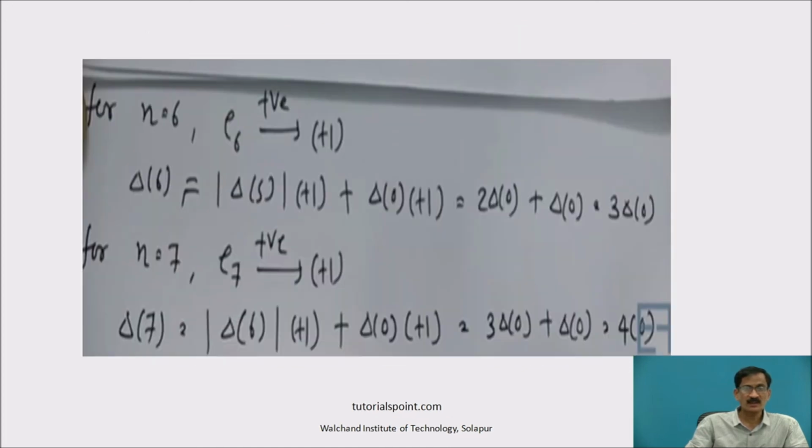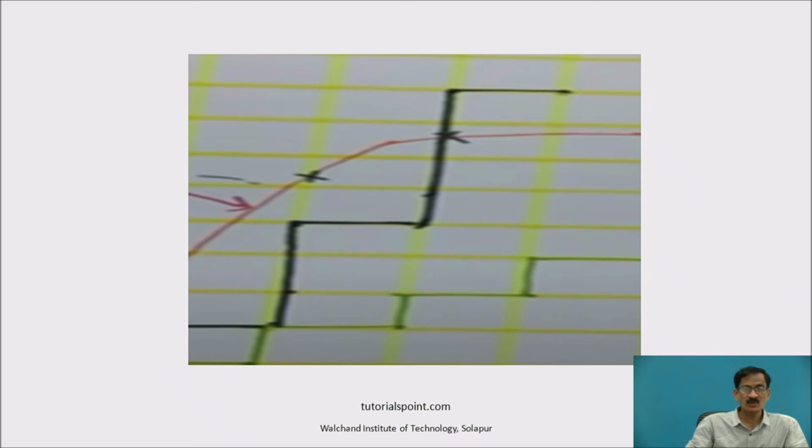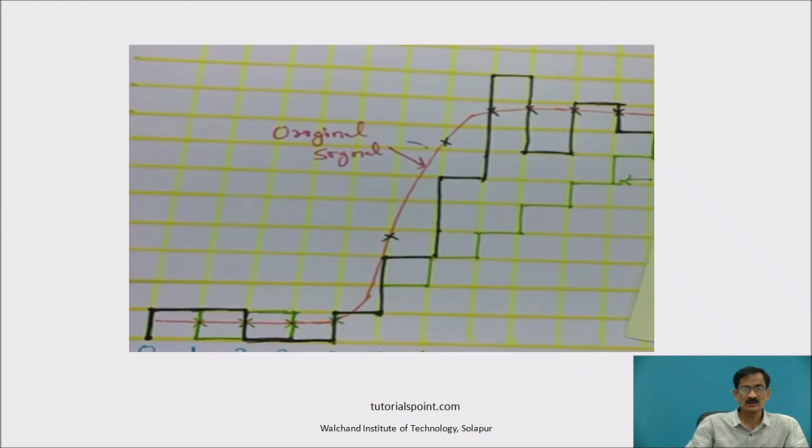Now at n equals 7, again the analog input is greater than the staircase output. E7, the current error, is positive. So delta 7 will be equal to the mod of delta 6 into the current error E7 plus 1, plus delta 0 into the previous error E6, plus 1, which equals 3 delta 0 plus delta 0, equals 4 times delta 0. So at 7 you will find there is a 4 times increase in the step, shown by this vertical line crossing the 4 levels. So this is what the output of the